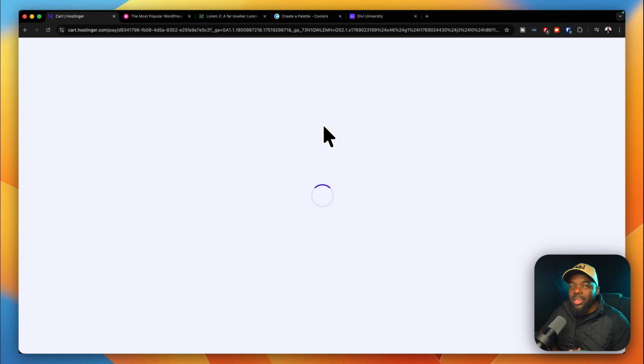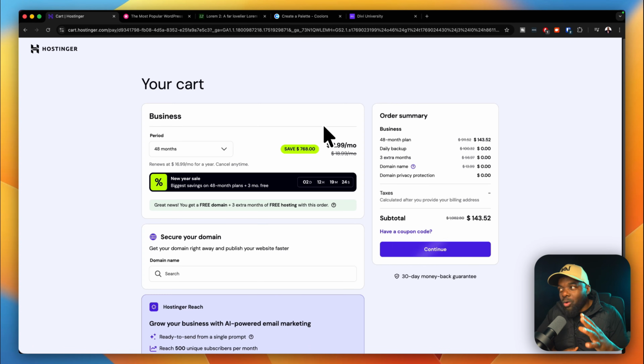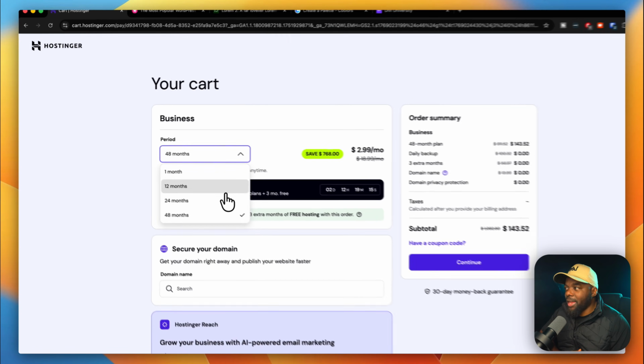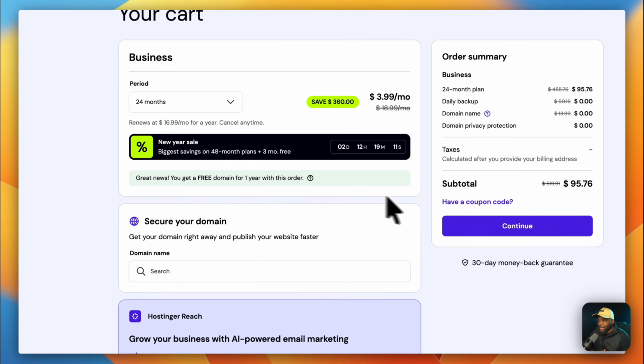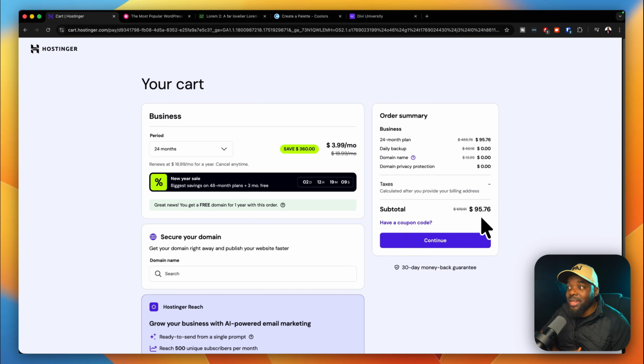Now, this is where you're going to need to go in and add all your details. So first of all, here we have the duration. It starts off with 48 months. You can click here and say, okay, 48 is a bit too much, I just want to go with 24. Boom, you do that. Now you can see the price here has been updated to now